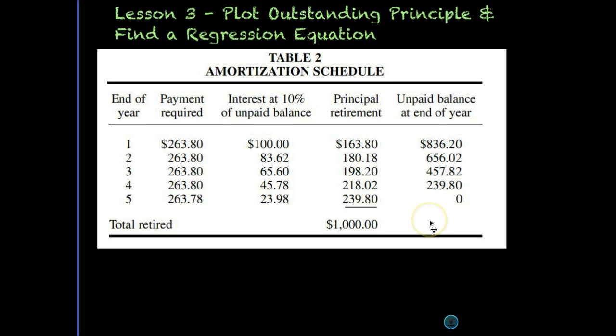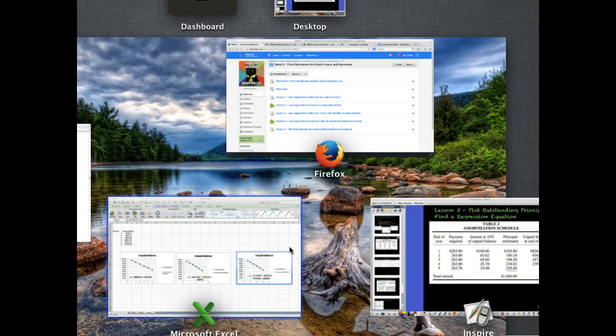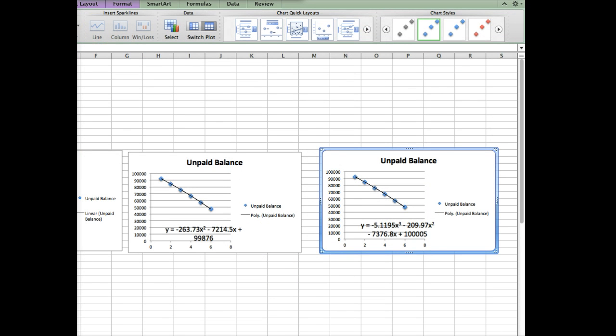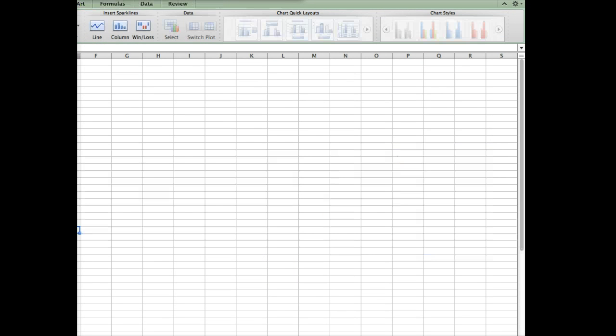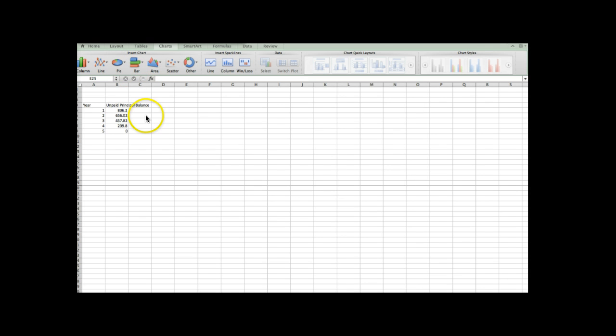So what I want to do is graph the unpaid balance at the end of the year, the unpaid principal balance per year over here. So let's go into an Excel spreadsheet, and I'll show you how to get started. All right. So let's go ahead and start here. And what I've done is I've listed each year, 1 through 5,